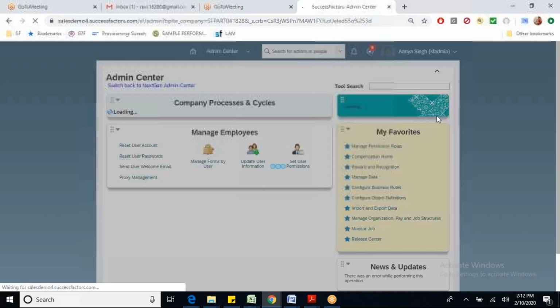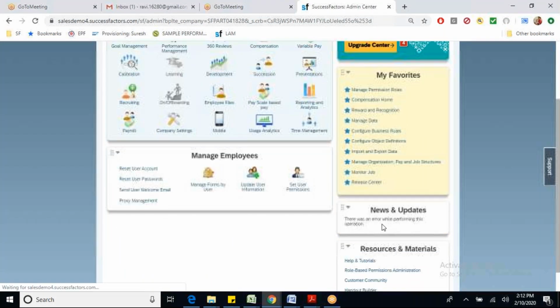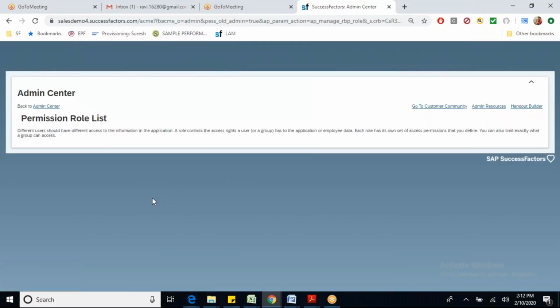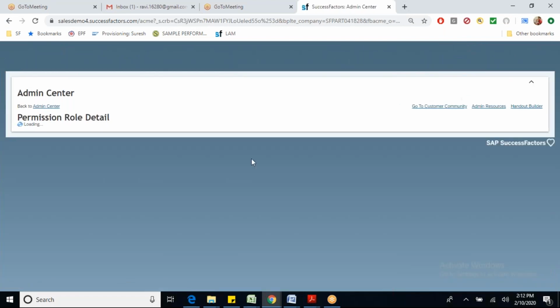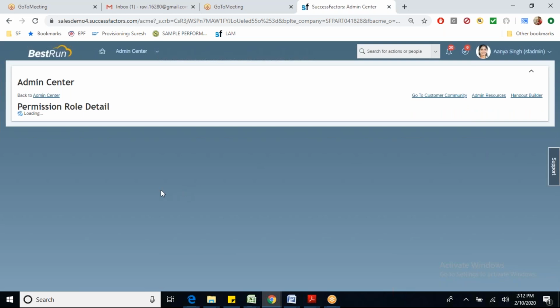Now every time you create an event reason and a pay component, you need to have the permissions given. So you go to Admin Center, Set User Permission Roles, go to the System Admin role, because SF admin is in the system admin role.